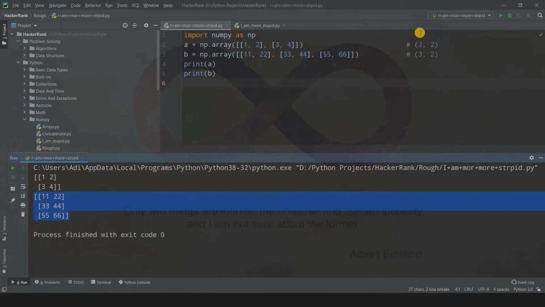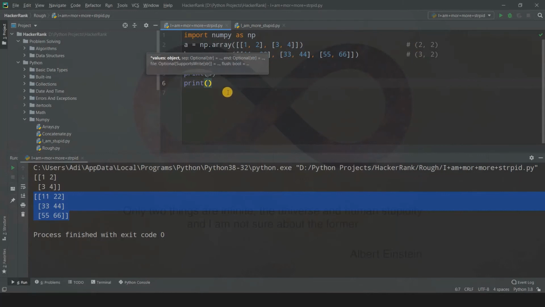Now we are going to use concatenate. When we use axis 0, then the shape of these dimensions need not be the same. That is, 2 and 3 are not the same, then it is okay. But 2 and 2 should be equal because they are dimensions along other axis than 0. So the shape of these axes should be equal, and they are, so you can do vstack or concatenate over here. But the axis for concatenate should be 0, then only you can do it. And if for concatenate the axis is 1, then you cannot do it because 2 is not equal to 3, the other axis than 1.